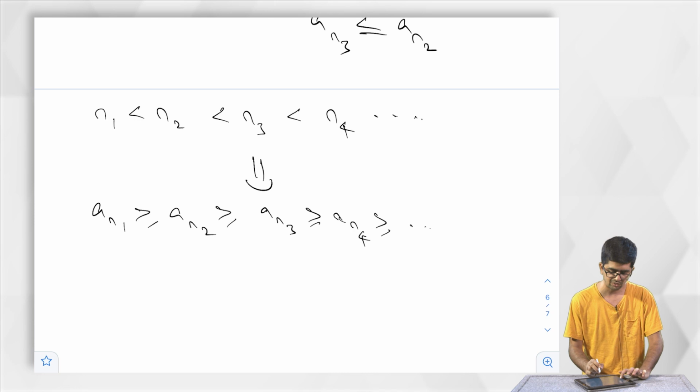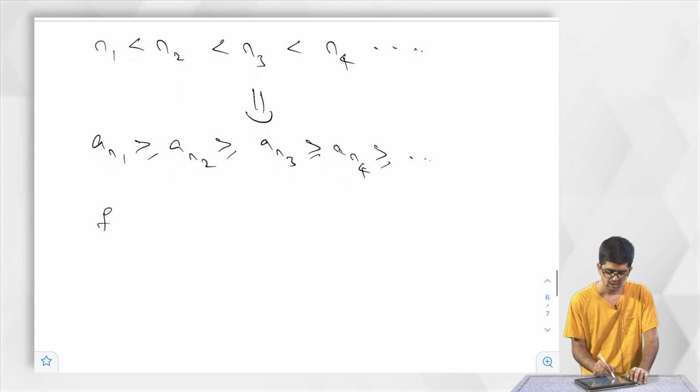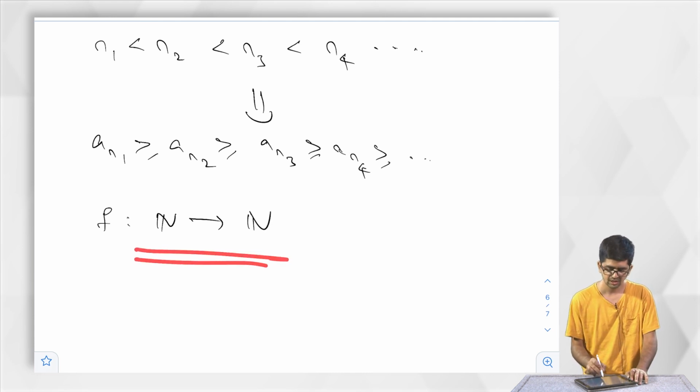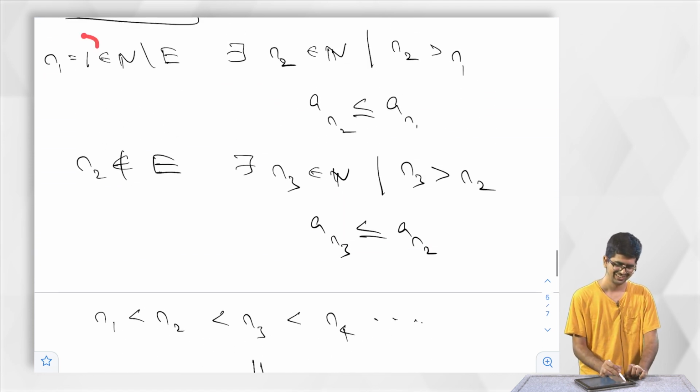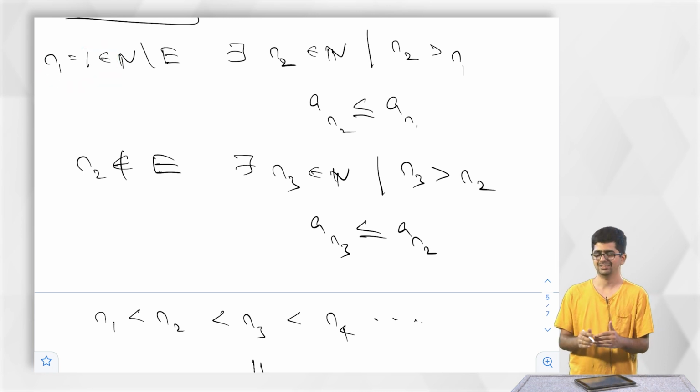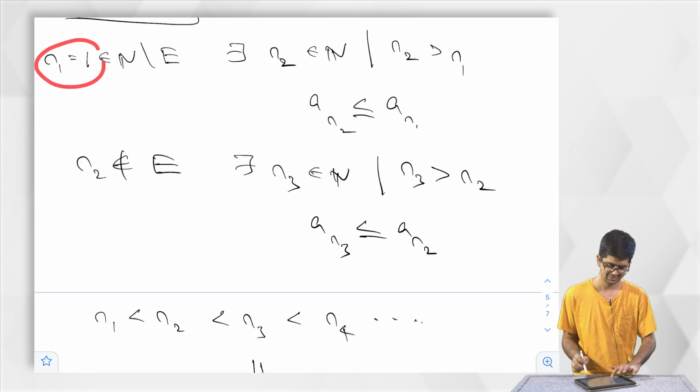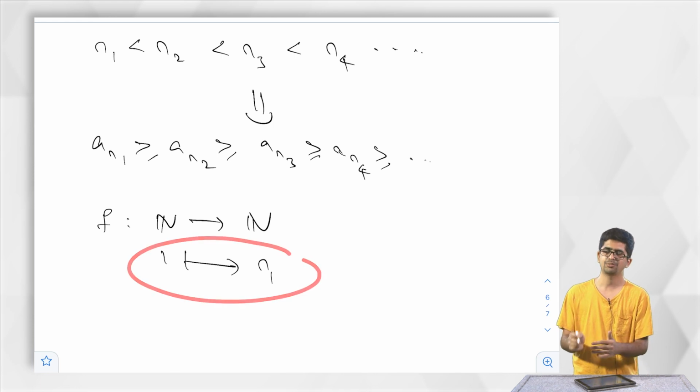And now what f should I write here? f is mapped from N to N, right? So, what should I write here? The element 1 is mapped to n1, right? That is what I have done here, no? 1 is mapped to n1.